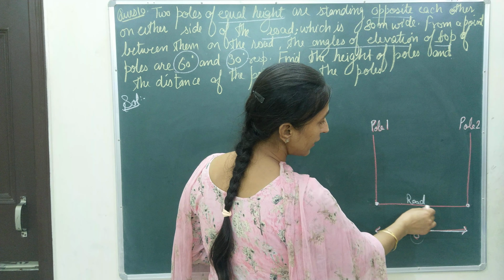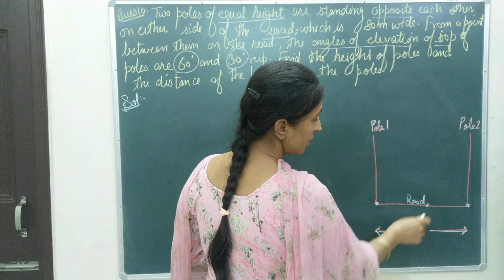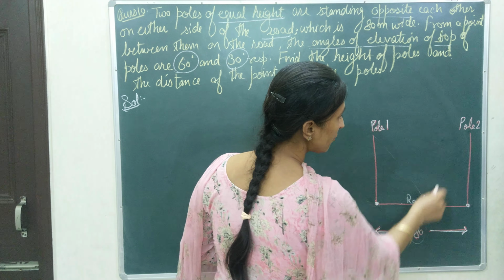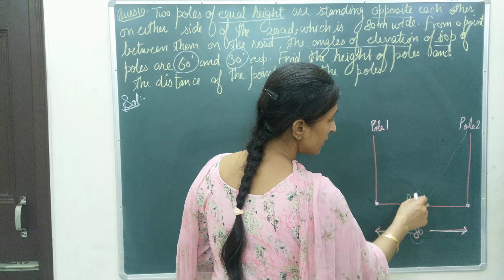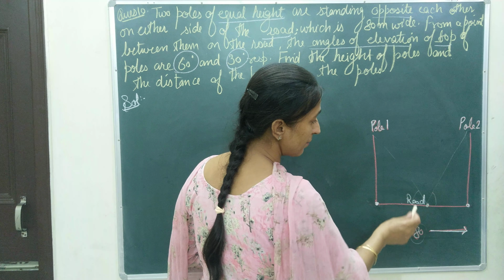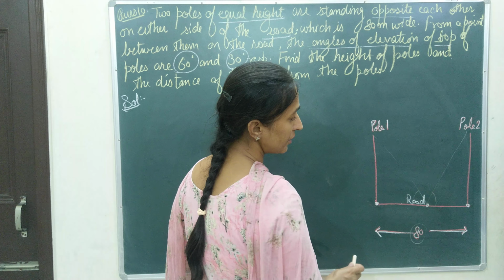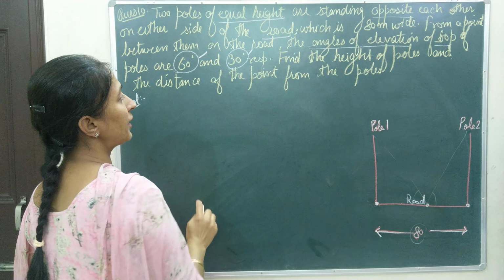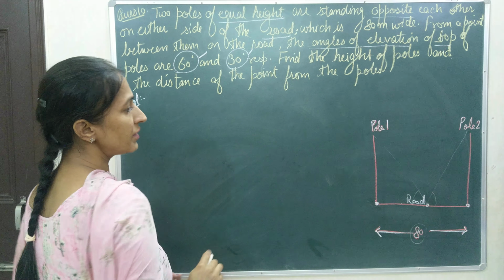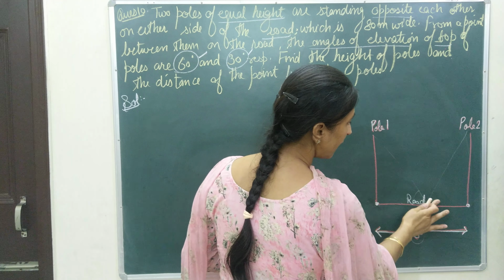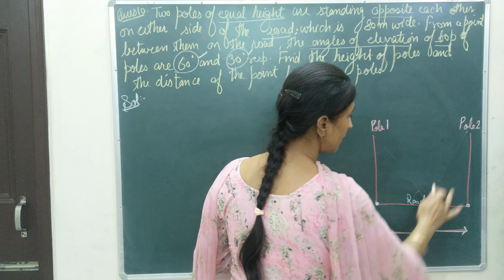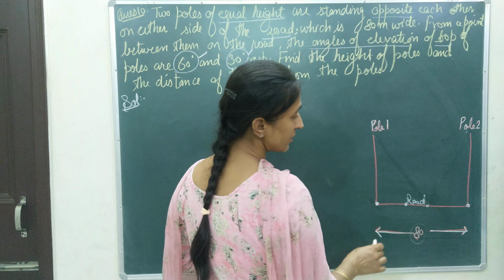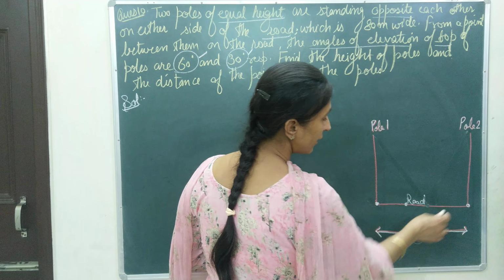Now you can't take the point in between. If you take it just in the middle of the road, then the angles of elevation will be the same. Those should be the same if the point is at the midpoint. As you know, in the statement you are given different angles, one is 60 degrees and one is 30 degrees. So you will not take the point at the midpoint of the road. You will take this point on one side. You can take it here, you can take it here.